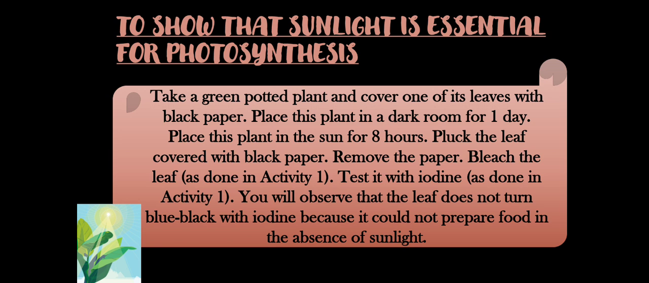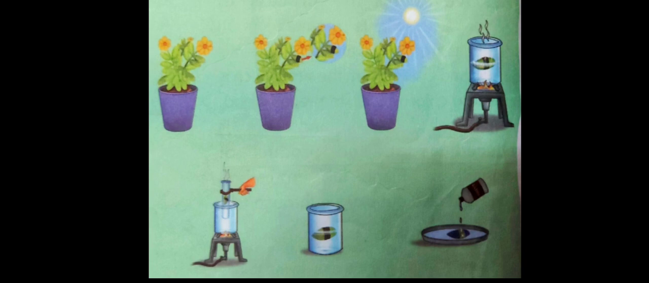Okay, so this is a picture of the plants. We are having the green potted plants and cover one of its leaves with the black paper. One leaf we are covering with the black paper and place the plant in the dark room for 1 day. And after that we will put this plant in the sun and then pluck the leaf covered with